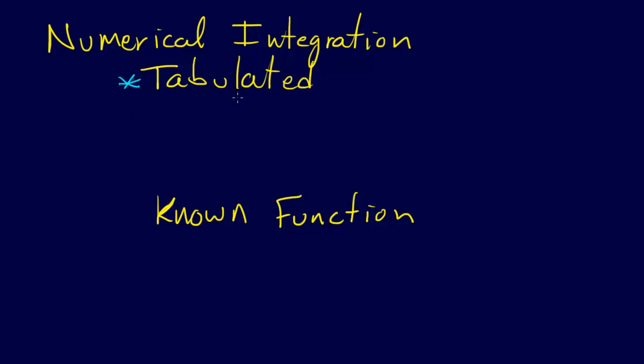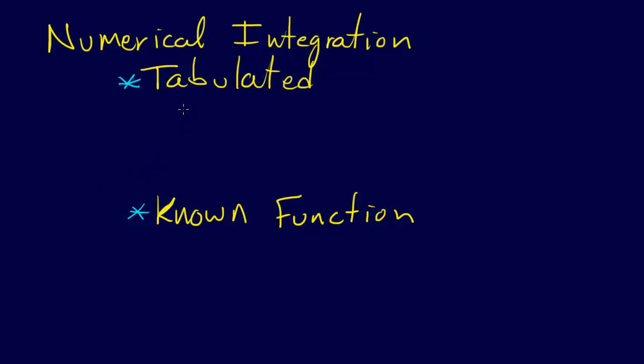data. And I'll just point out, if you have tabulated data, it will work for any known function, because if you can evaluate the function anywhere, you could create a table of values. So these methods for tabulated data are more general and applicable to the case of the known function. However, the inverse is not true when you have just a known function and you can evaluate it wherever you want. You can't necessarily apply those same methods that are used there to tabulated data, and we'll see that more as